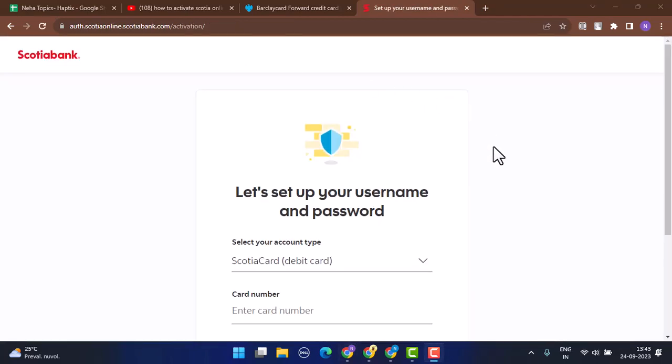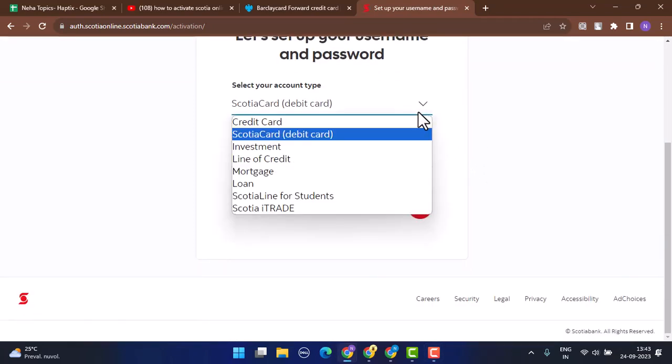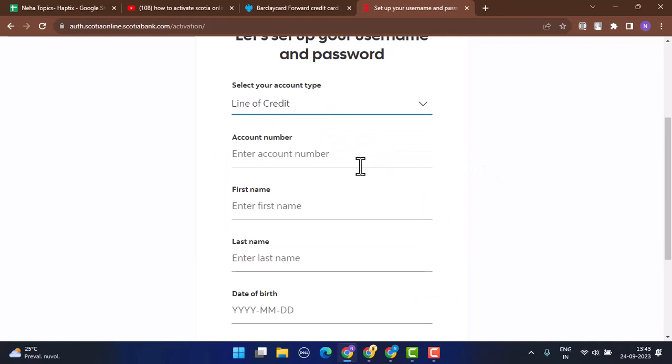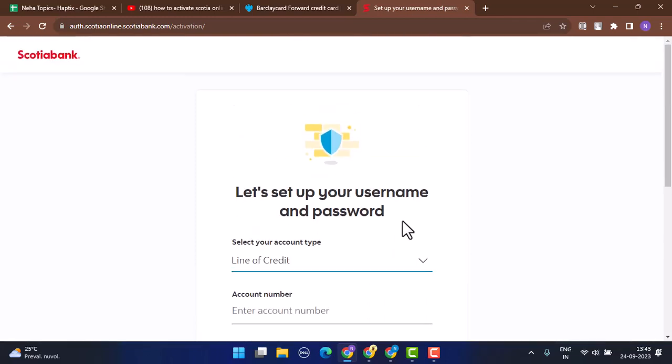So here you go. In order to activate your account, you'll be asked to select the account type. First of all, select it. After that, you'll be asked to provide the account number, first name, last name, and date of birth. As already mentioned, if you don't have a pre-existing bank account, you'll not be able to register for online. So quickly enter all of this information, click on the arrow icon, and on the next page, you'll be asked to provide